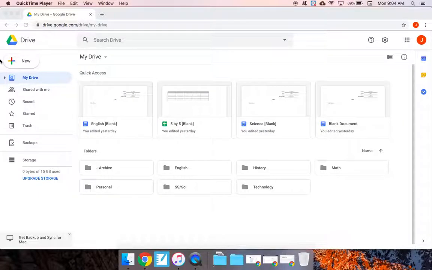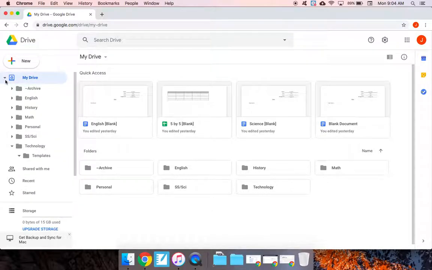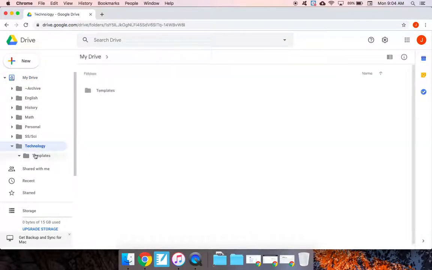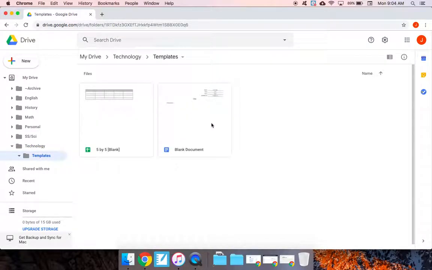Make sure you're in Google Drive, then go to the Technology folder and make sure you are actually in the Templates folder where we have already made the 5x5 blank Google Sheets, a blank Word document, but nothing else. So now with this highlighted blue, click New,